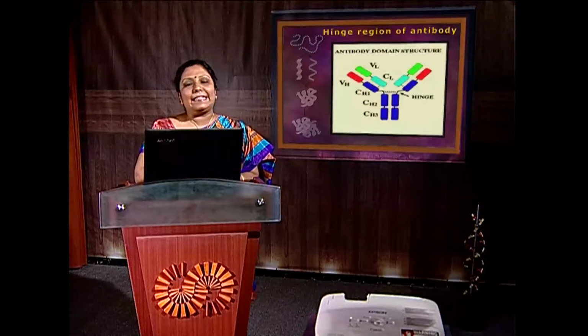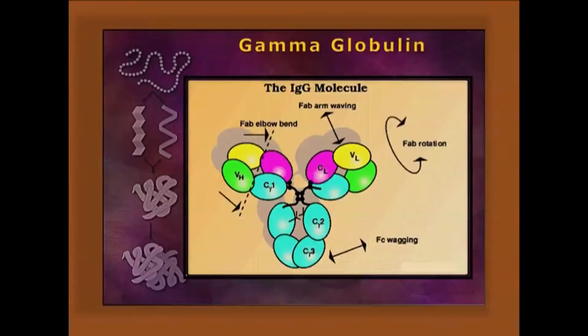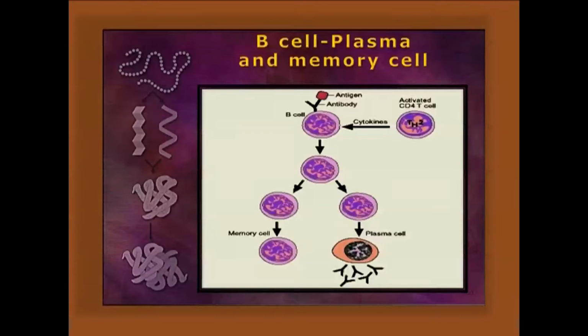So let's talk about their types. IgM has five units interconnected by the J chain, and that is needed to trigger the complement cascade. Next, very important is gamma globulin, or IgG. IgA, IgD, and IgE are also found. IgA is needed for secretion. Over the B cell, we can find the presence of IgD, and IgE is also very important for the allergic response.